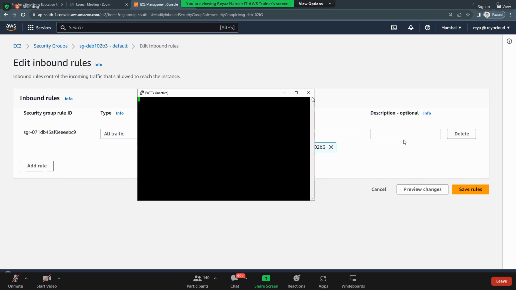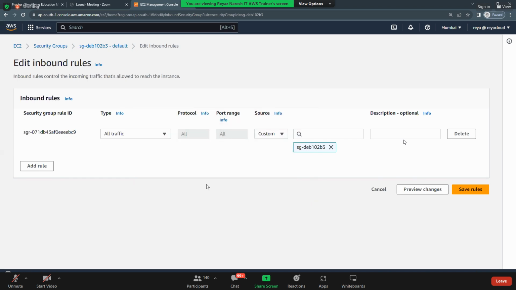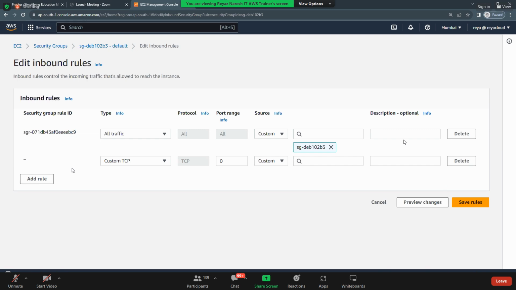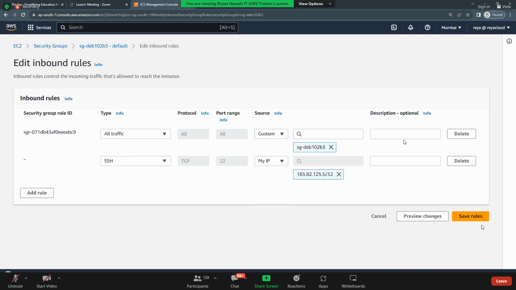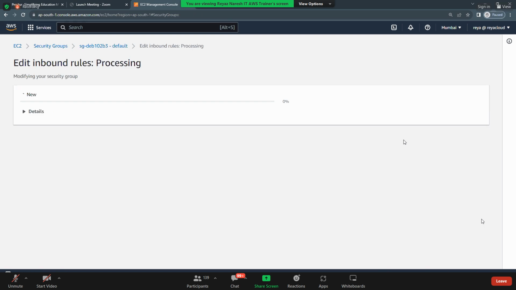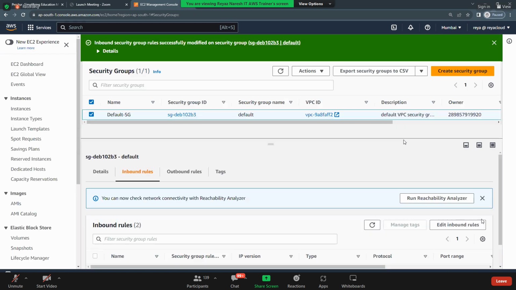So now we go to the security group. Do you have any ports enabled here? Are you getting confused with this first rule? I told you, this is to self. Do we have any inbound rules from outside? No. So what protocol do you need to add in order to connect? SSH. Add rule, SSH, and my IP, and click on save. Make sure you have the SSH inbound rule added.